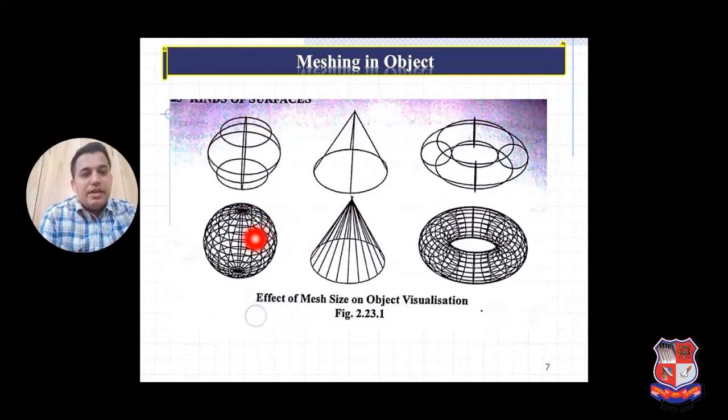So what happened at that time? It is one skeleton structure. It will look like solid modeling if I increase it gradually. Otherwise, this is also one representation technique. This is why we can say that the mesh size of the object visualization, for visualization purposes, we can increase and decrease. When the mesh size is very high, it will require higher memory for storage. If we have a low mesh size, then low memory is required for storage.